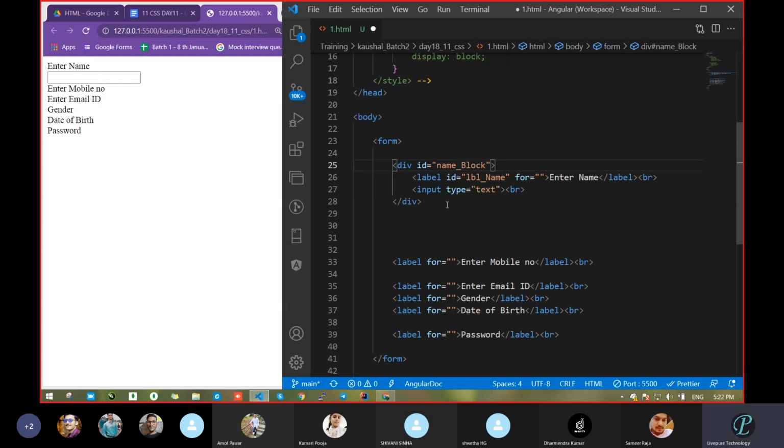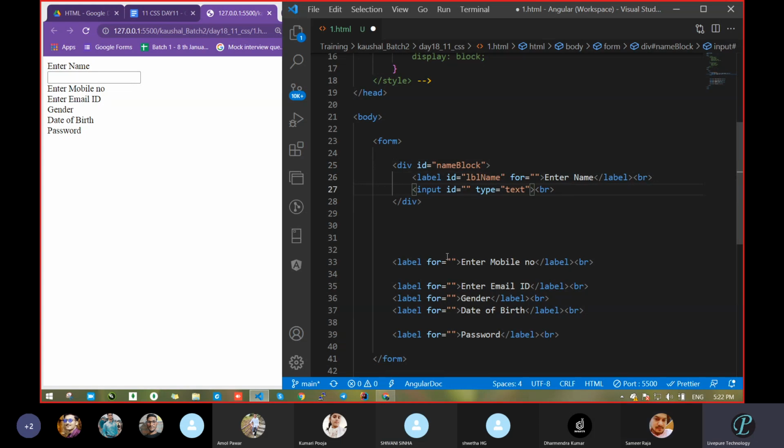Clear up to here? Anyone having any issue up to this? Sir, for input, you told us that when we take a capital letter, then we have to remove the underscore sign. You can do that, no issue. Due to camel case, yes, we can remove that.